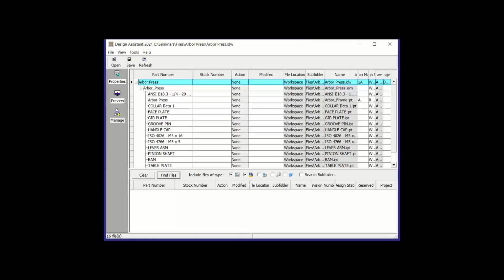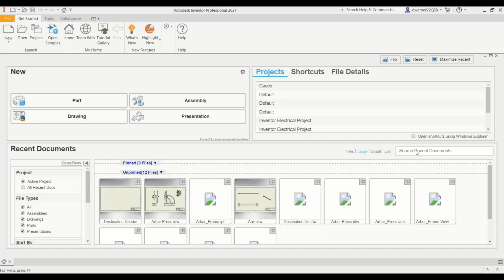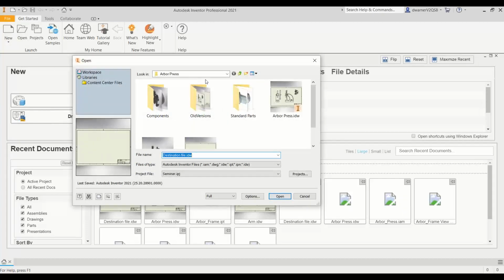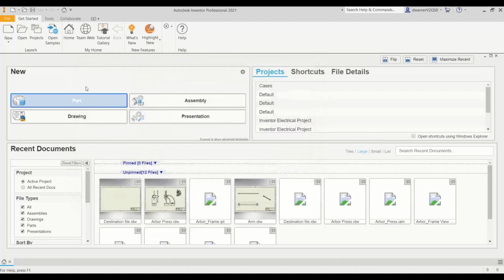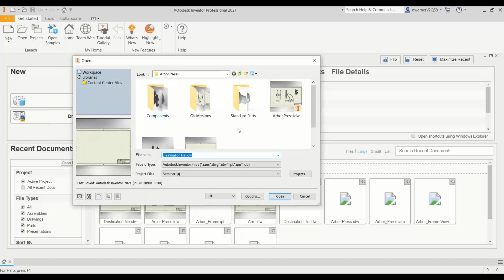And what I'll do is I'll go ahead and I'll open up Inventor. So I'm in Inventor, and what I'll do is I'll go to open, and in the AvaPress, there's your components, and you can see the collar beta 1. So you can see how it renames it, and the information is kept intact. If I opened the top level assembly,